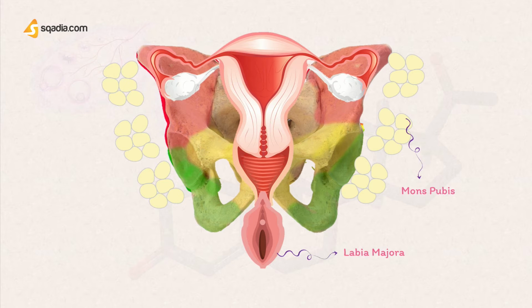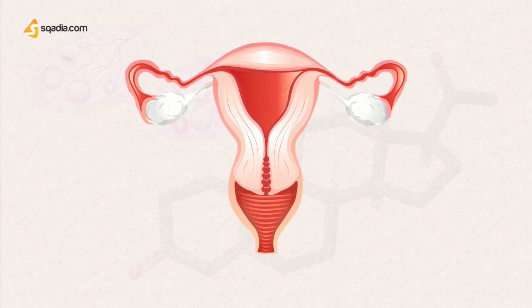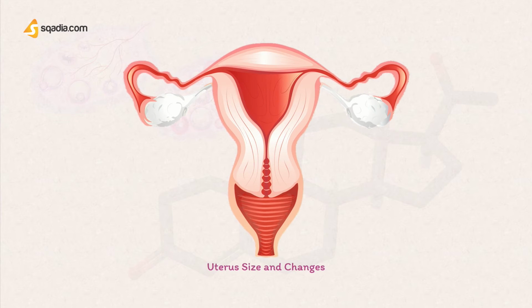The labia majora are a prominent pair of cutaneous skin folds that form the lateral longitudinal borders of the vulval cleft. And the last one, the labia minora, are the small cutaneous folds which are 3 to 4 centimeters in length and are underlying the labia majora. During the first few years after puberty, the size of the uterus grows up to 2 to 3 folds, and